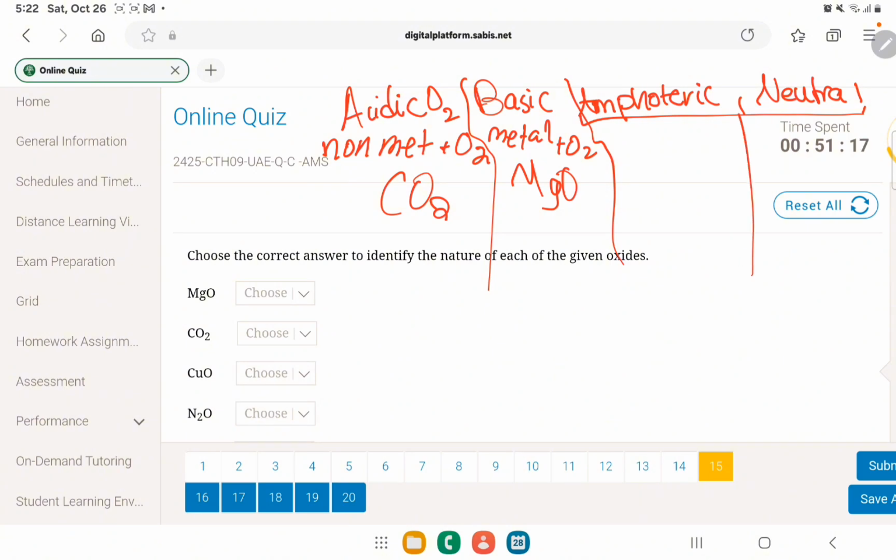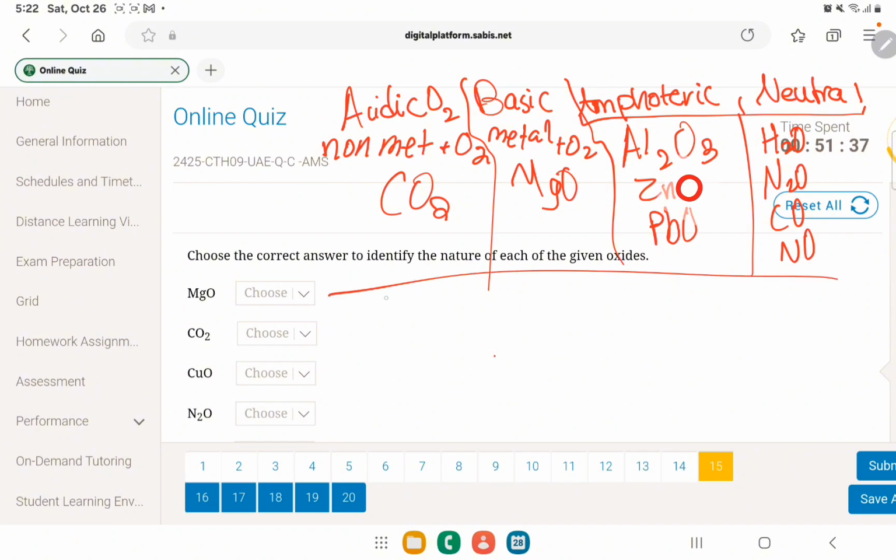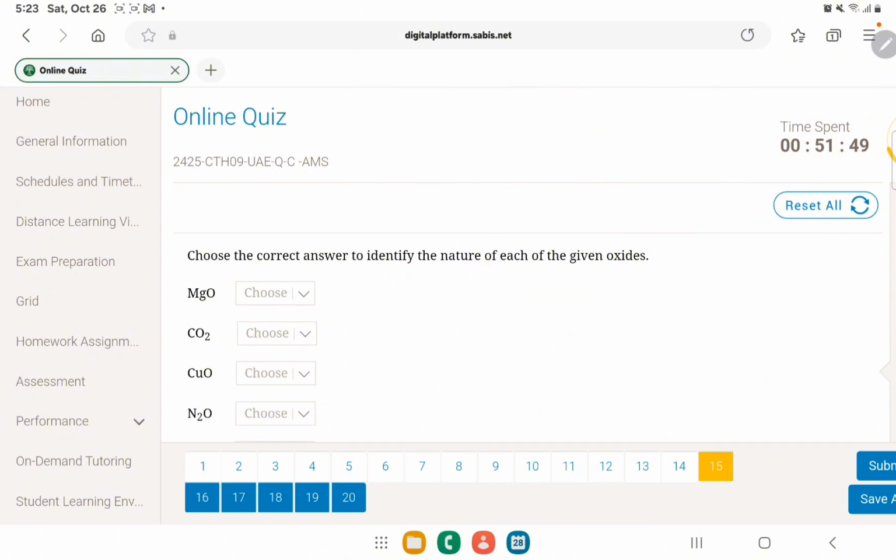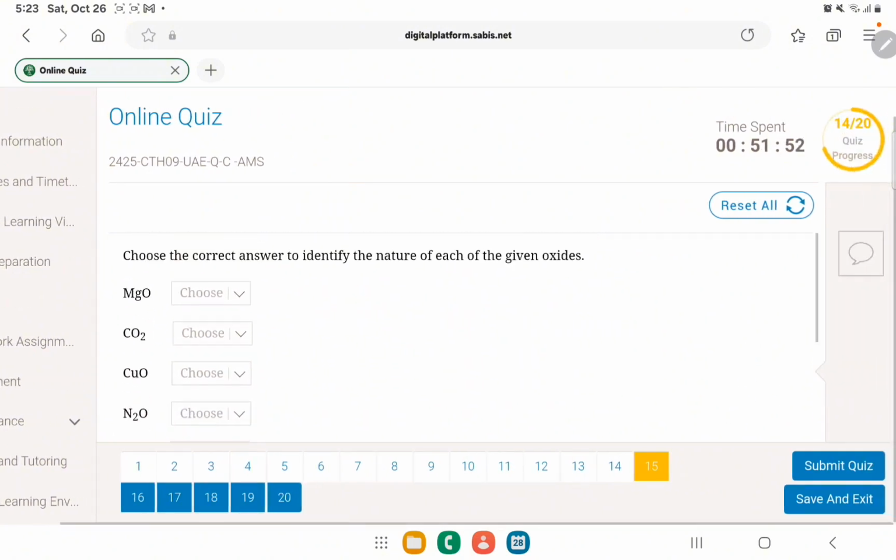Amphoteric, we only have 3. So it's Al2O3, ZnO, and PbO. Okay? And neutral, we have 4: H2O, N2O, CO, and NO. Okay? So acidic reacts only with bases. Basic reacts only with acids. Amphoteric reacts with both, and neutral reacts with none. Okay? So now that we have that in mind, we're just gonna check the